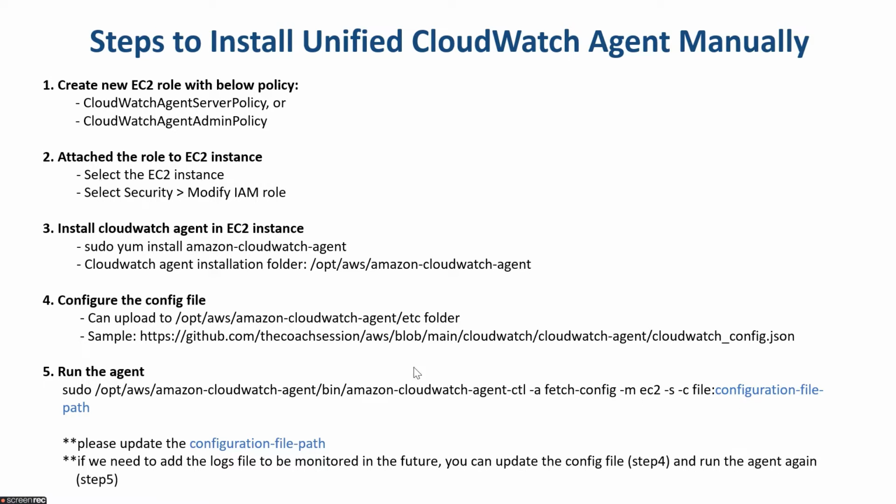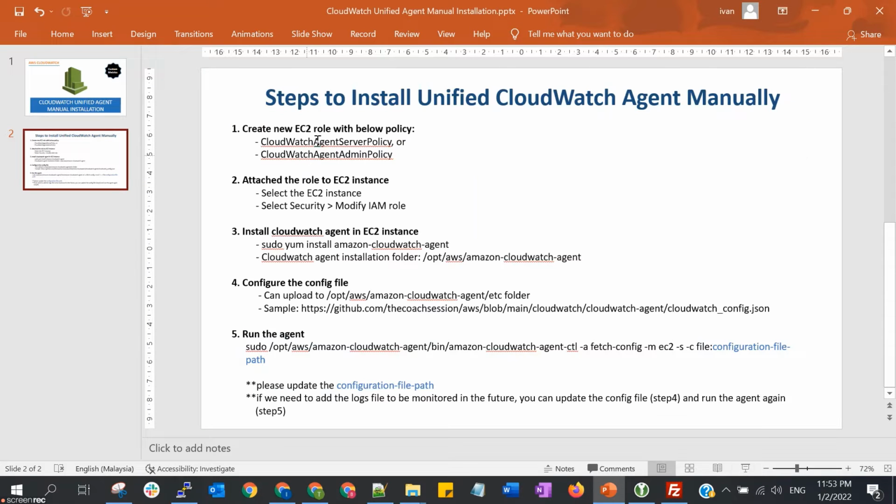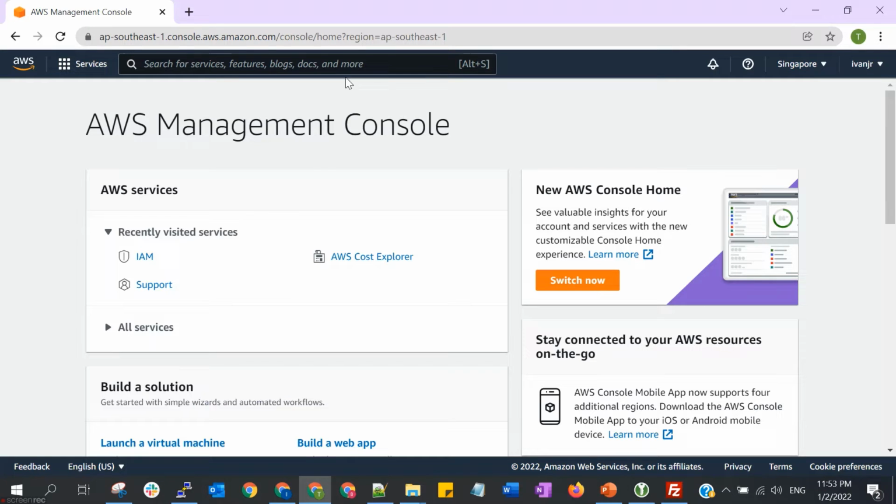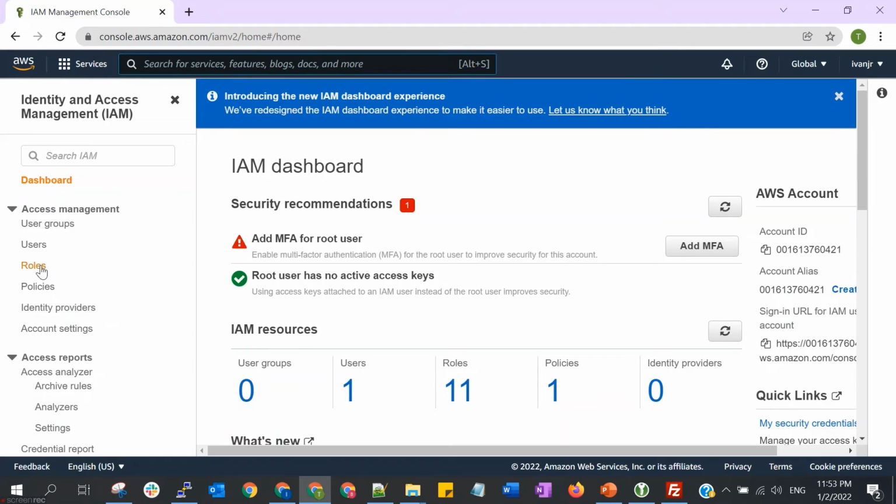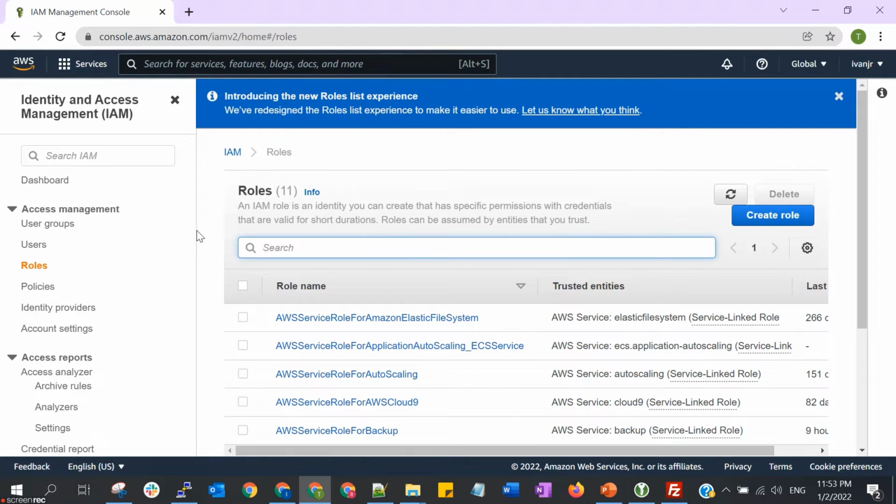Okay, let's do the first step. The first step is to create an EC2 role with this policy. Let's go to our AWS Management Console and then select IAM, and create new role.